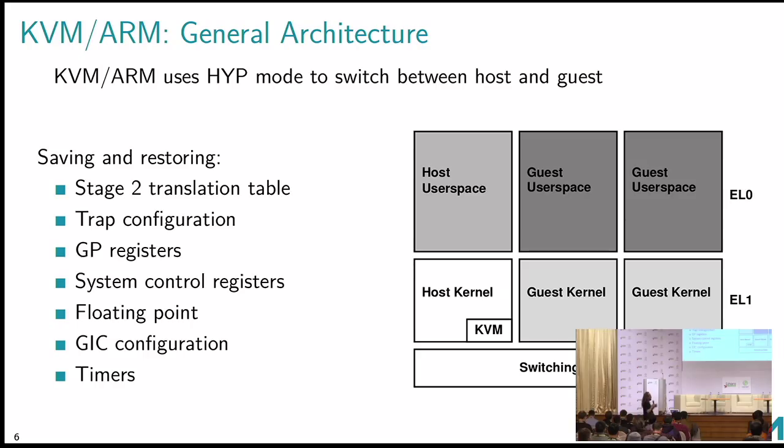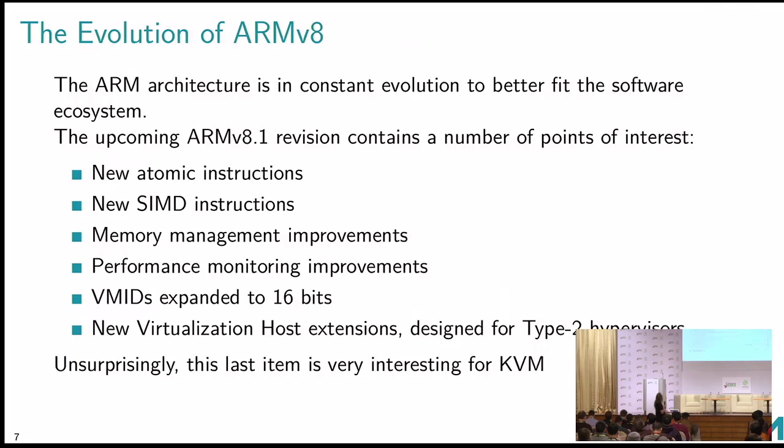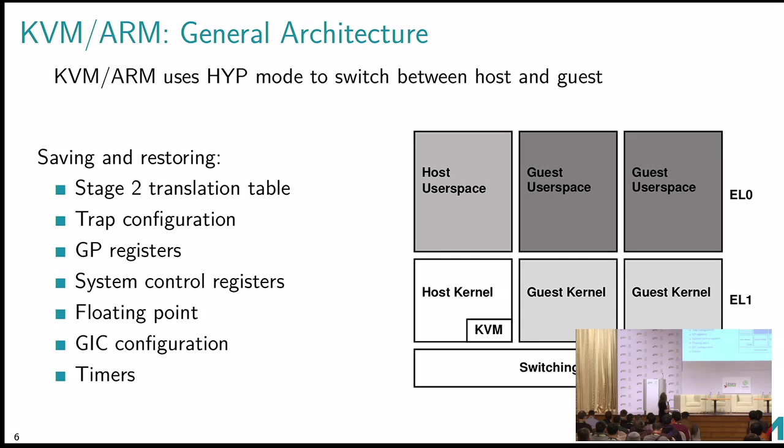And because we switch two OSs running at EL1, each run of a guest is actually itself a save and restore. So we start by saving the host context, restore the guest context. And whenever the guest exits, we do it the other way around. We save the guest context, restore the host context, go back to the host to manage the exit reason. So as you can see, it's fairly simple. It's not too bad from an efficiency point of view, but maybe we can do a bit better.